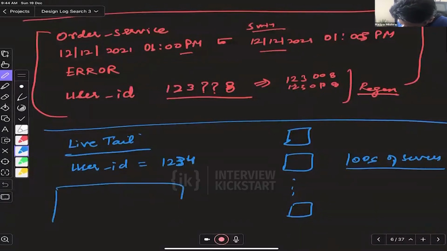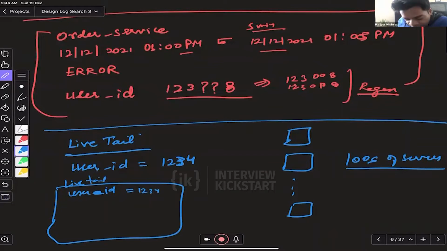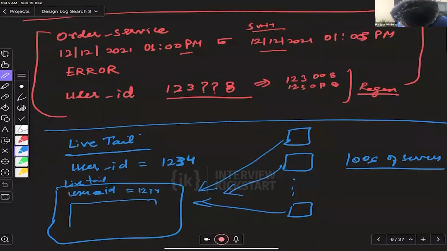So I could be interested that there is some fancy UI where I can do the live tailing, and I can also say that user ID should be 1234. So now what this log search application should do is that it should be fetching the logs from all these servers, and then it should be showing only those logs which have 1234 as user ID